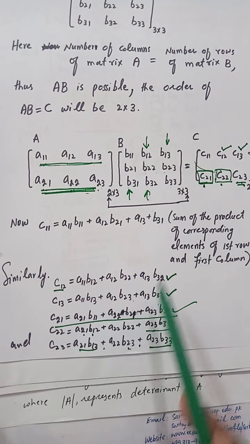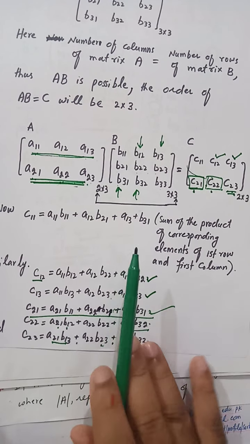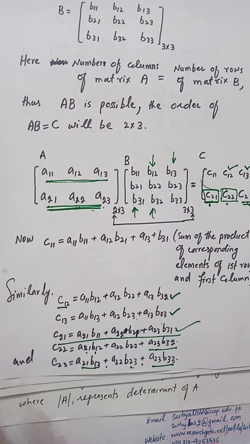So this is the procedure: the sum of the product of the corresponding elements of the first row and first column. But here the corresponding elements mean you